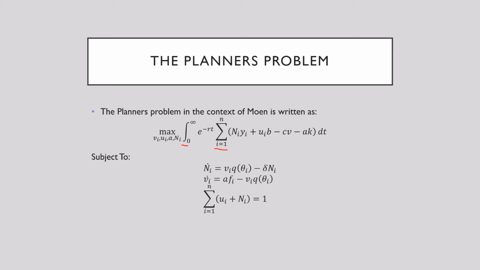So there's two ways to think about this. We can think about it as an unemployed law of motion or an employed law of motion. In this case, we're thinking about an employed law of motion, which is defined by the number of people that go and find jobs minus the people that go and lose their jobs at any given moment in time. And likewise, for our vacancies, we have the effectiveness of filling those vacancies minus those that are now